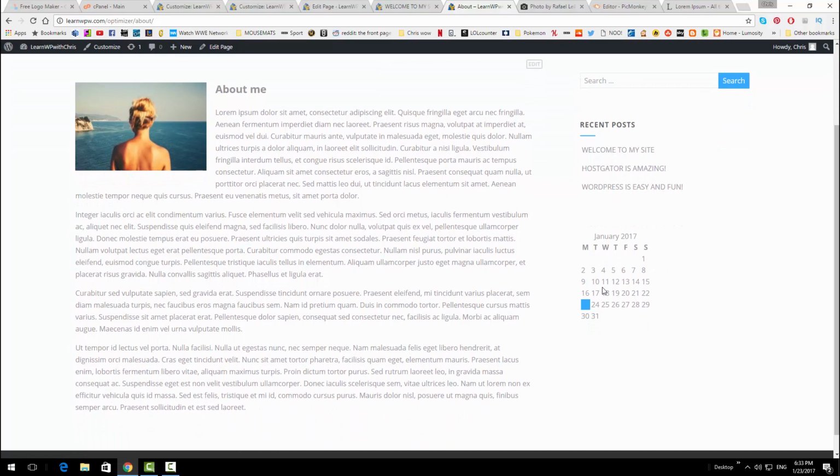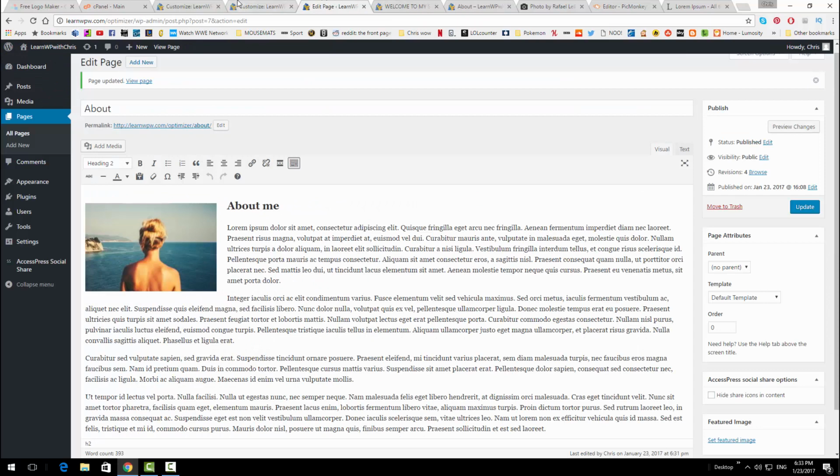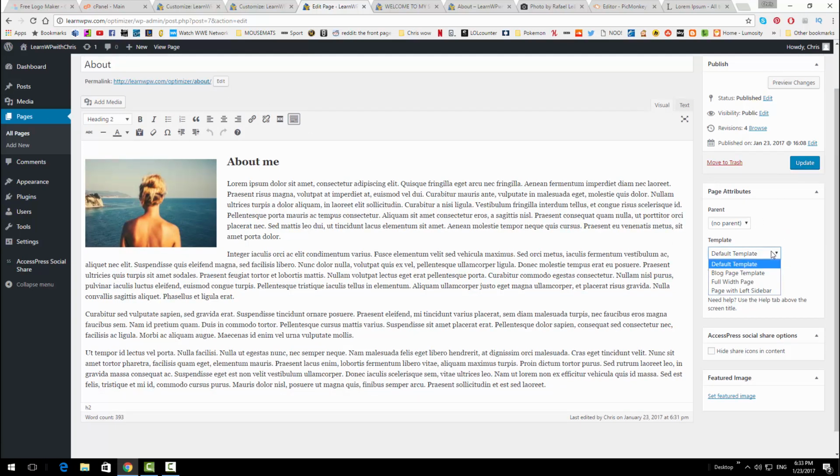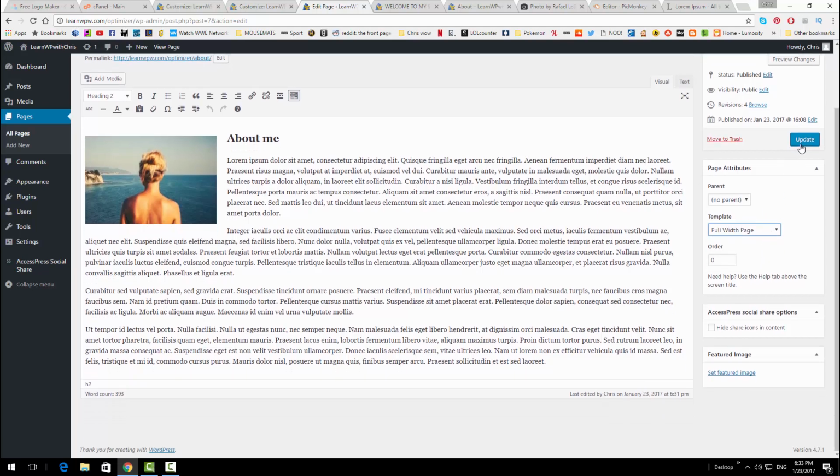So if we just go back to our dashboard, and then it's actually on this page here. If we go to page attributes, we can just change that to full width page there. So that should remove the right hand sidebar there. So if we click update